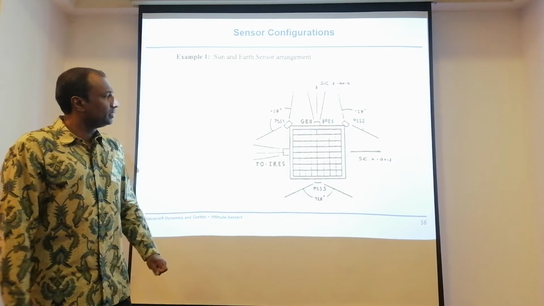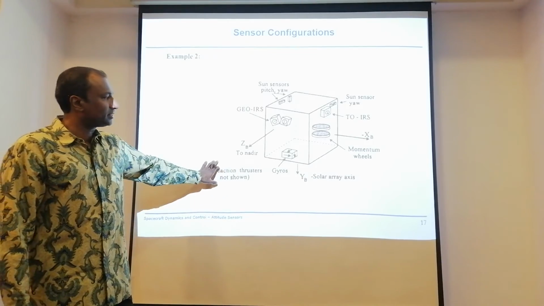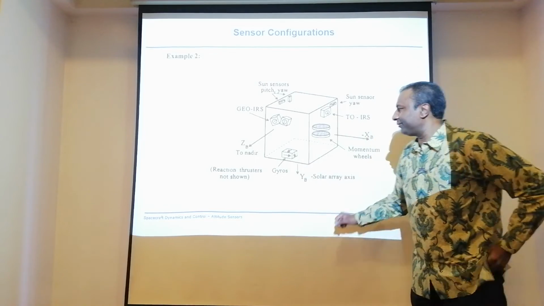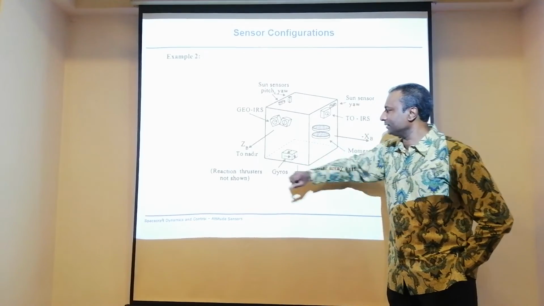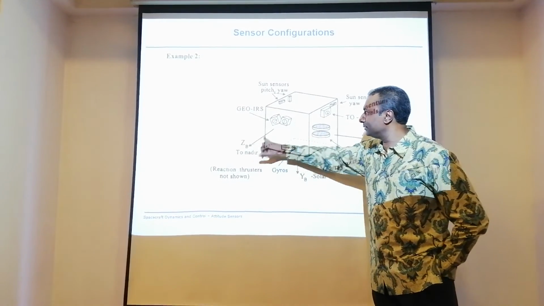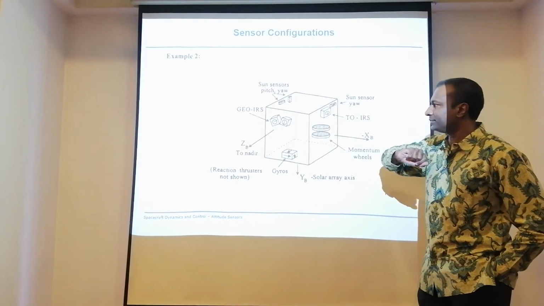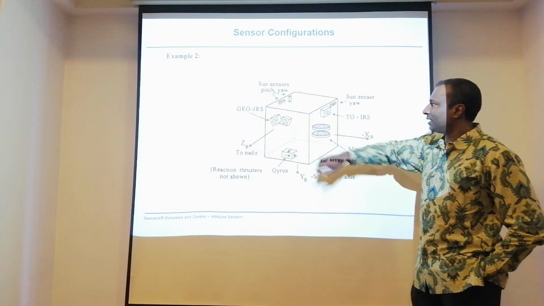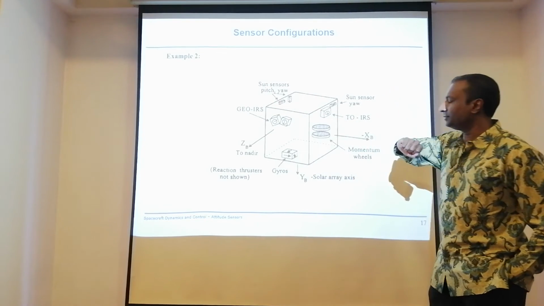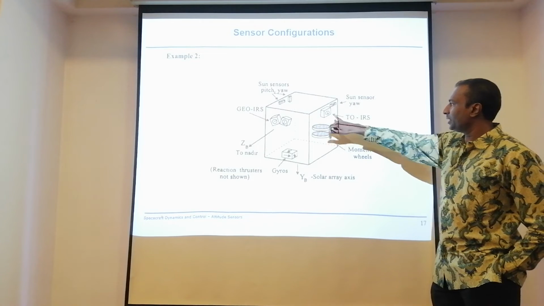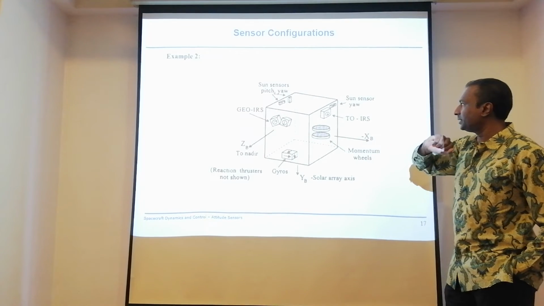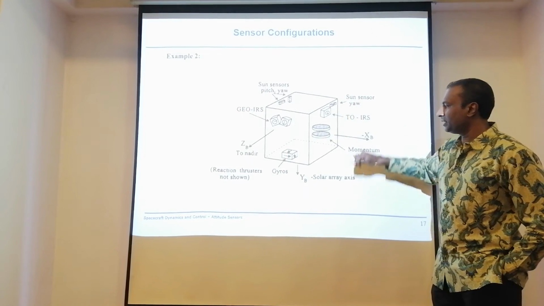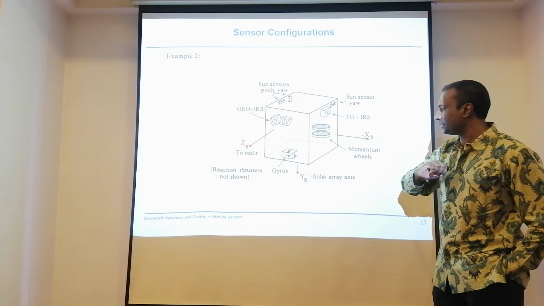Now let's go further. If you look at this, this has been explained. I have Z pointing to planet Earth. I have stationary sensors, which are basically infrared sensors. I have a pitch sun sensor, just like the 2D one just now. And here is basically my transfer orbit infrared sensor and sun sensor as well.